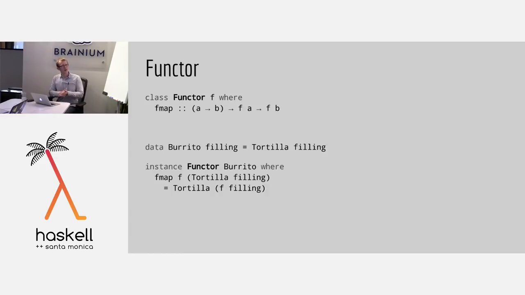Okay, so let's just go through the primers, the prerequisites, real quick. We're going to look at various types of functor. A profunctor, as you would expect, is related to the functor type class, which hopefully we all know and are familiar with. A functor is a type constructor f, and you have an fmap function that gives you a function from f a to f b whenever you have a function from a to b. A good example of this is the map